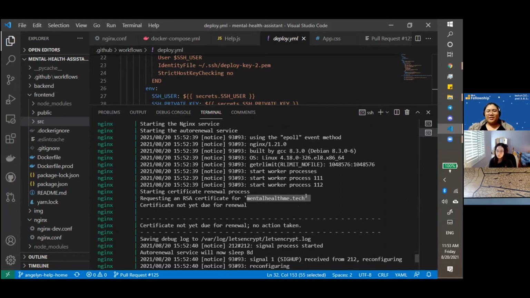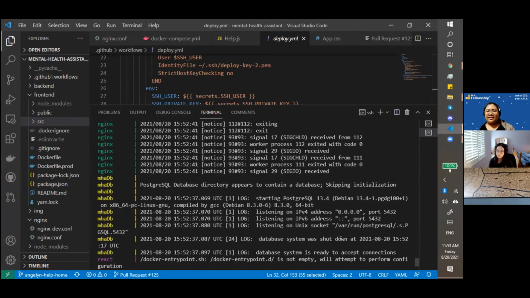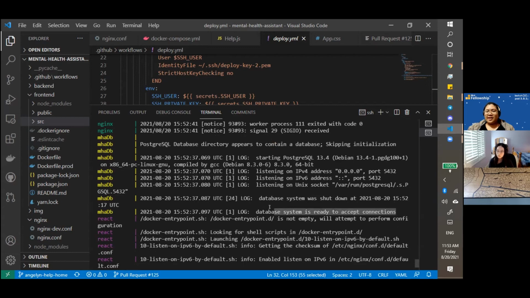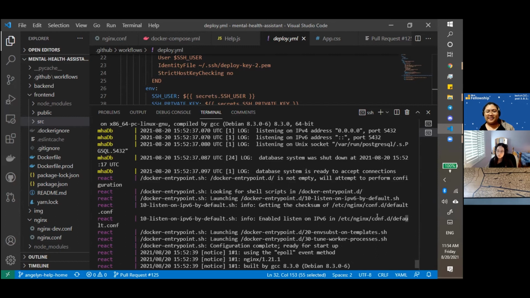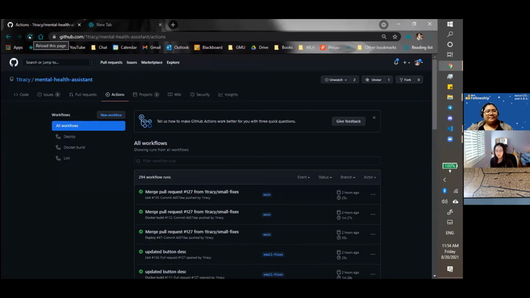mentalhealthme.tech with an RSA certificate so that when it goes to port 80, it can use HTTPS. You can see that our database is ready to accept connections. React is working. It's listening to nginx through the nginx configurations. So you can see on the left-hand side of the screen that we have 3 GitHub